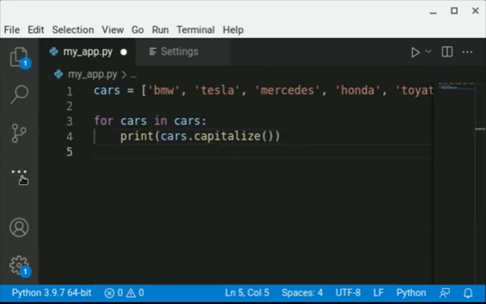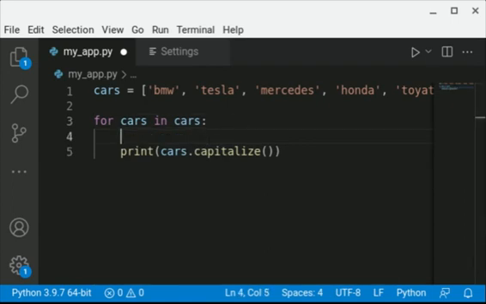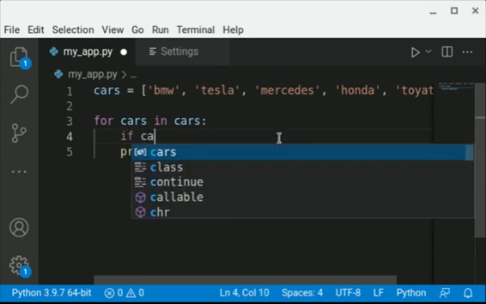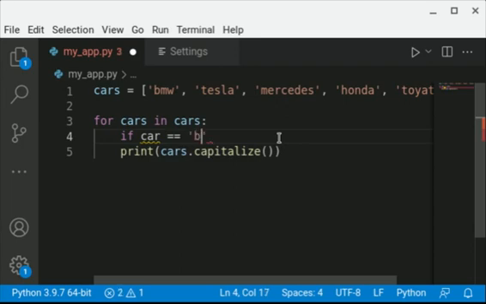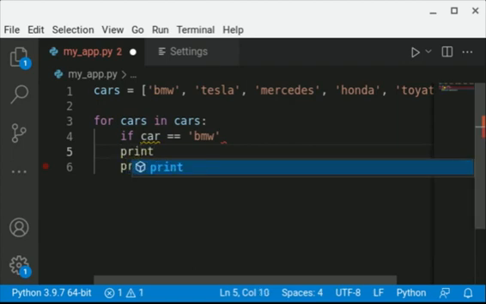So now we're in a line that's separated from both for car in cars and print car capitalize. So in this line we're going to write if car equals to BMW. Okay, if car equals to BMW. So let's just add another line to it too. And what you're going to add is print car